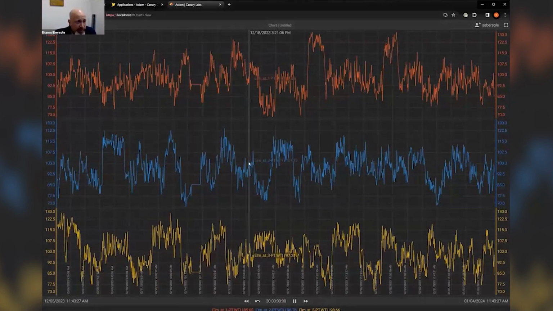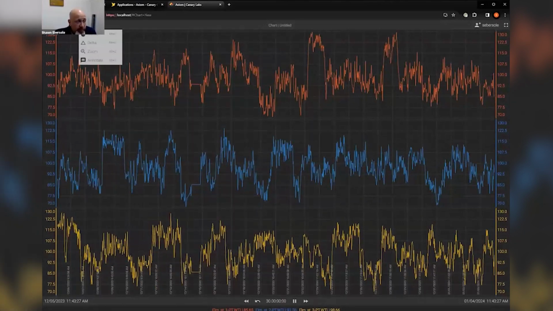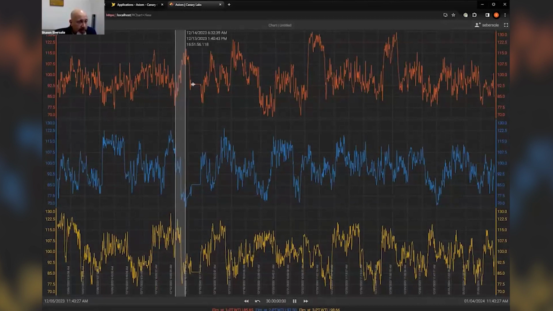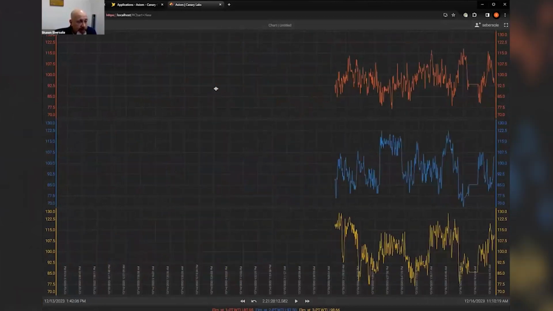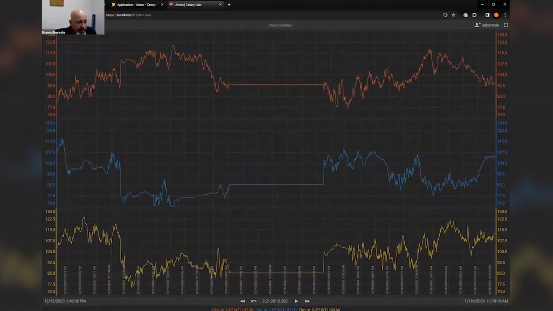Now, as I'm analyzing this much data, maybe I'd like to zoom in on a certain segment. I can change my cursor over to my zoom, and I'm noticing we had some flat line happening at this point in time. So maybe I want to highlight some of that data. So it'll zoom in, and I can see now I'm down to almost under three days of data,